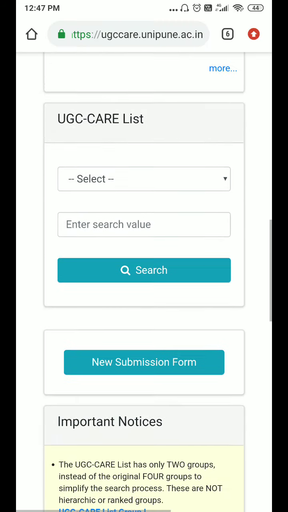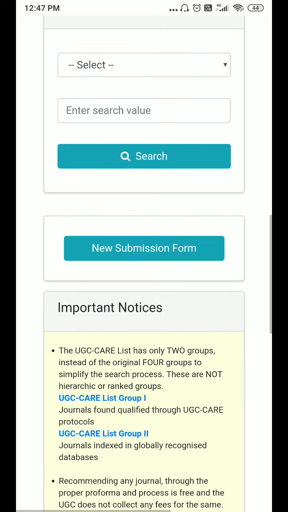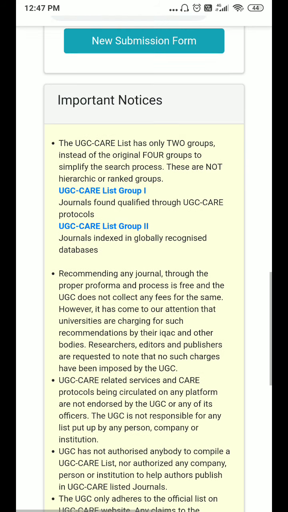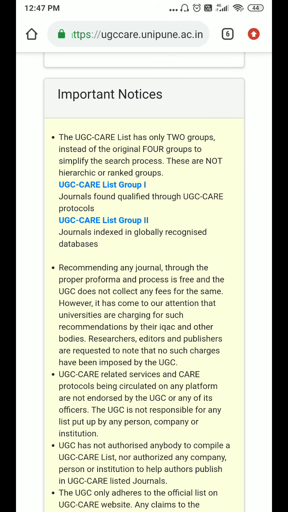Before directly searching, let me introduce you to the two groups of UGC CARE listed journals. There is group 1, and another list is called group 2. Group 1 is journals found qualified through UGC CARE protocols, and group 2 is journals indexed in globally recognized databases, that is Scopus and Web of Science.